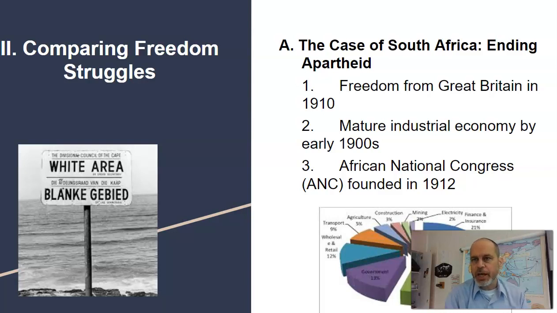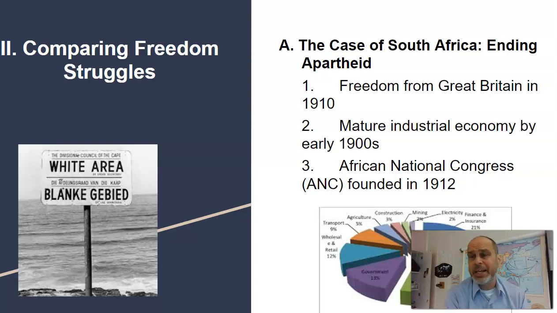Probably the largest tribe would be the Zulu or the Xhosa, but there are a variety of Bantu tribes and some that aren't even Bantu. Then you had almost a million Indians that were brought to work on things like the railroads. It's also important to remember that Gandhi, for a while, lived in South Africa. Then you had about a million what were called coloreds that were a mixed race people, black and white for the most part. So Great Britain decided that they were going to give South Africa freedom in 1910, which is